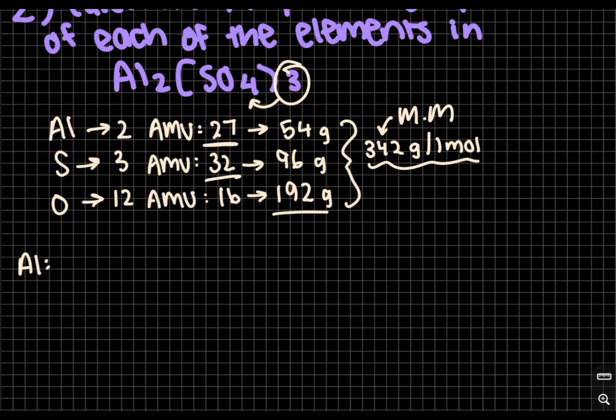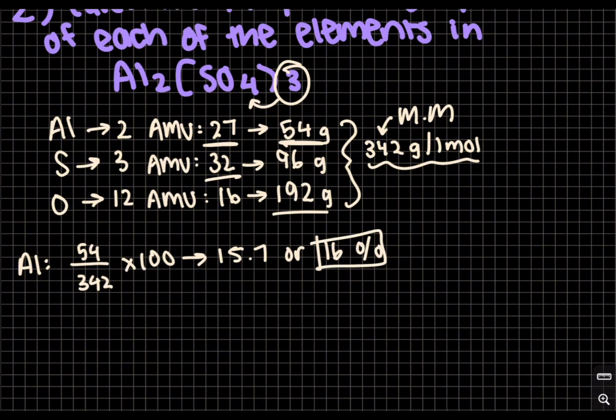So let's start off with aluminum. So aluminum, the mass of the element was 54. So I'm going to do 54 over 342 times 100. And you should be getting around 15.7, or you can just round up to 16%. Yeah, you can just round up to, okay, and now we can